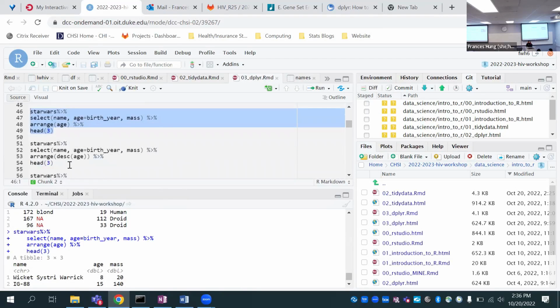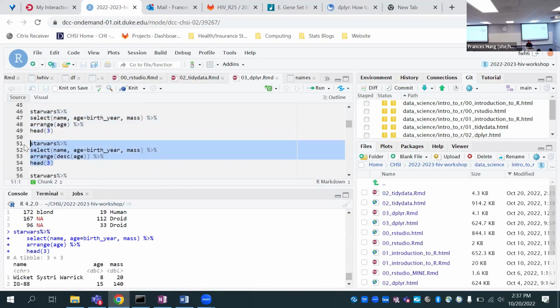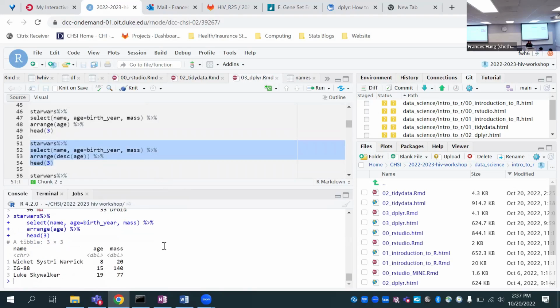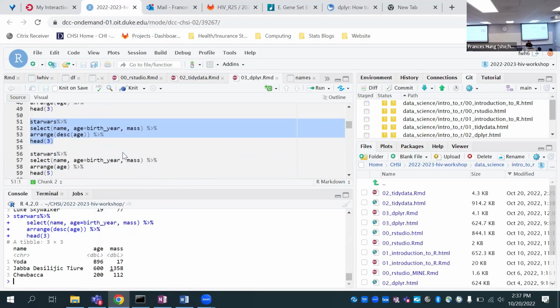We can do it in reverse order by using the desc command, which stands for descending. So here we're going to have the oldest first and the youngest last. And the oldest Star Wars character is Yoda. 896.